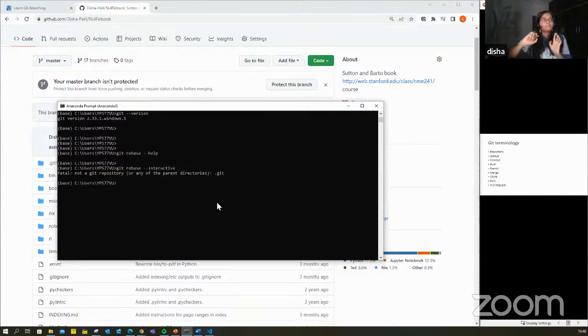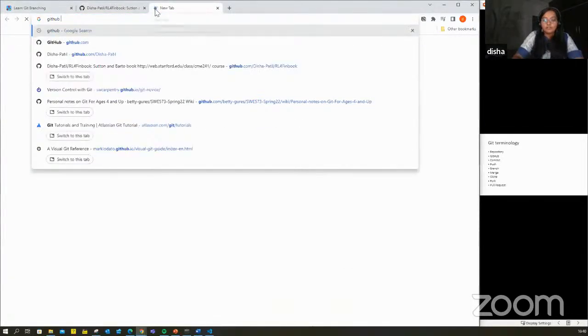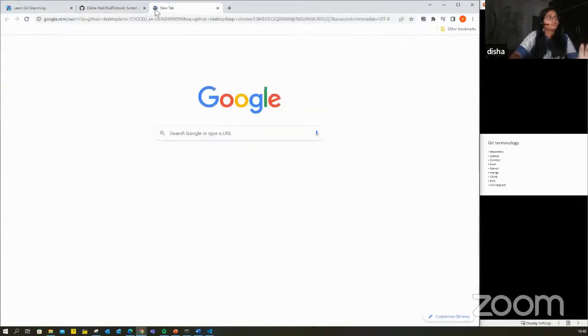Yeah, so that's a more robust way to do it. Like, you can use the GUI. Since you are beginners in this field, I suggest that you download GitHub Desktop.